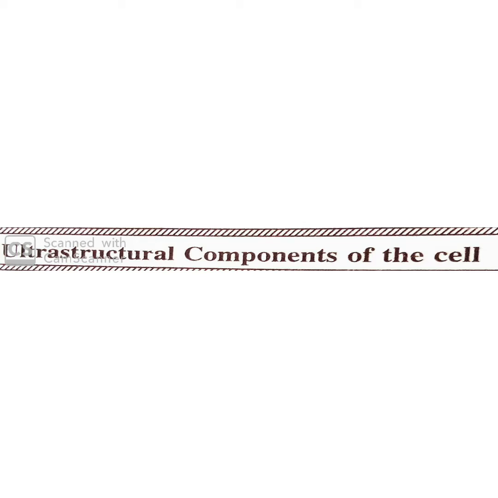In the first part, we have learned about the ultrastructural components of the cell. We have already learned what a cell is, about its various components like the cell wall and the cell membrane, their differences and everything. Today, let us start with the next part. Let us start with nucleus, which is also known as the brain of the cell and is a very important component of a cell. So let's start with nucleus.